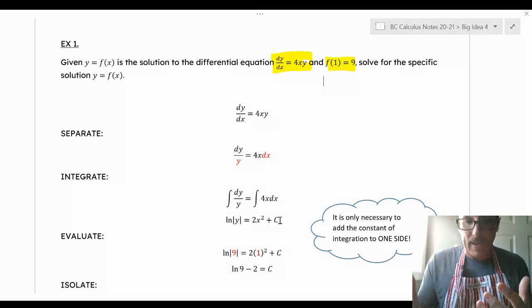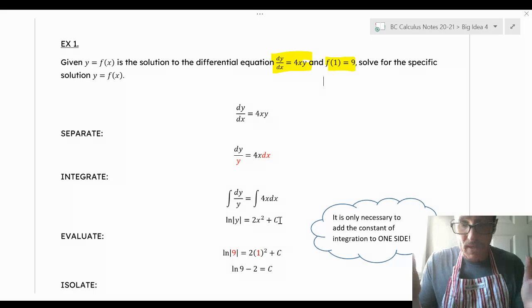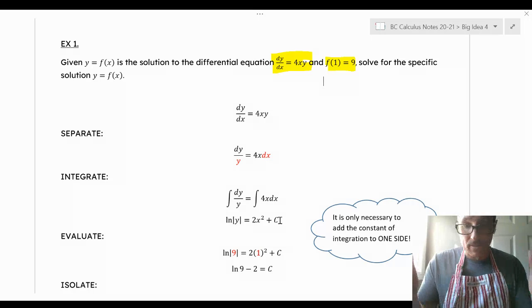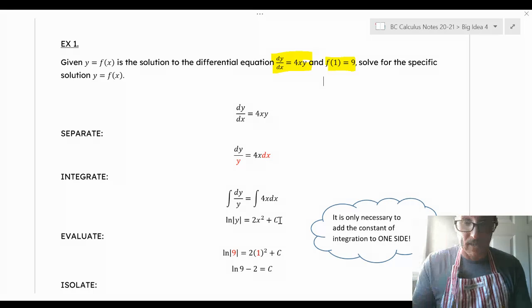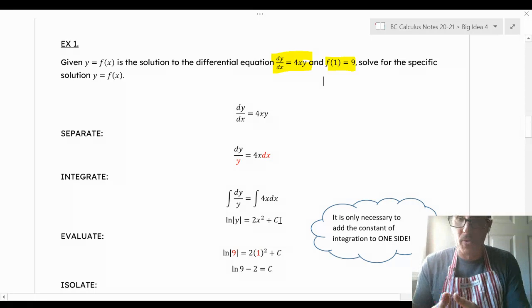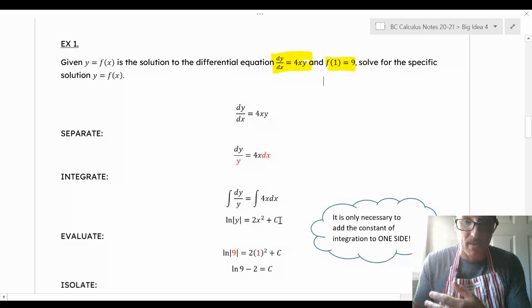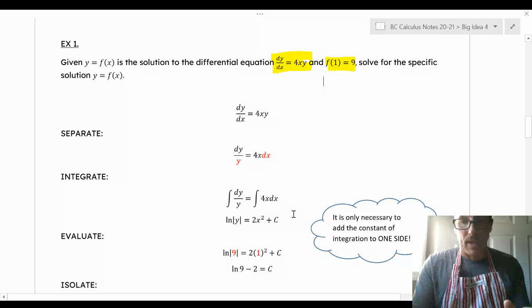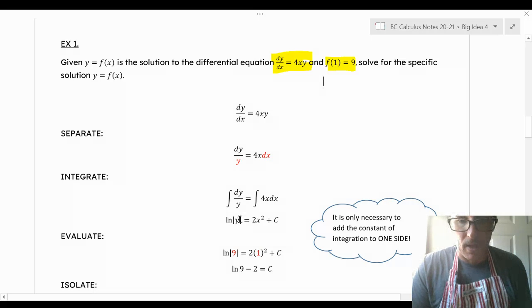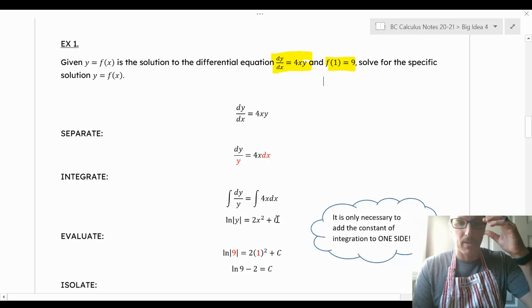It is the same thing, adding two mystery constants to both sides as it is to add one mystery constant to one side. We'll add it to the side with x, because remember, we're trying to isolate y. So let's keep everything away from y that we can. So then we'll take that natural log of the absolute value of y is equal to 2x squared plus c,